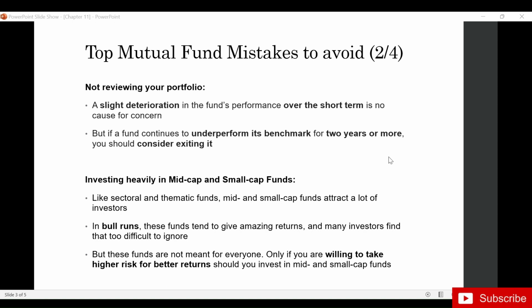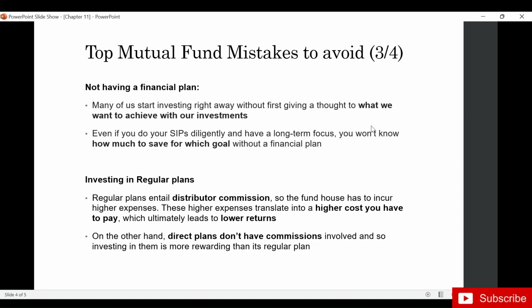mutual funds. So, just like sectoral and thematic mutual funds, mid cap and small cap funds attract a lot of investors. In bull runs, mid cap and small cap funds tend to give very high returns, and many investors find this very difficult to ignore. But mid cap and small cap funds are not meant for all types of investors. Only if an investor is willing to take higher risk for better returns, they should consider investing in mid cap and small cap funds. The fifth mistake that a lot of mutual fund investors make is that they do not